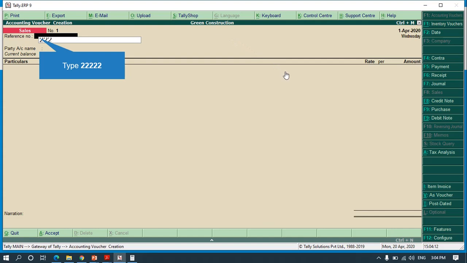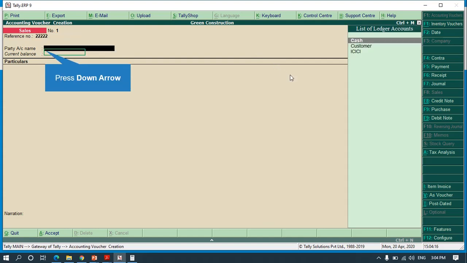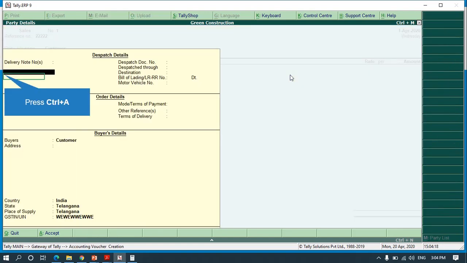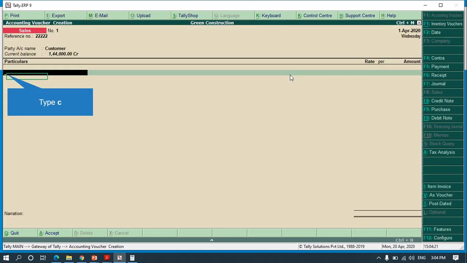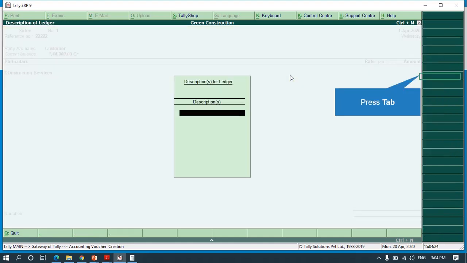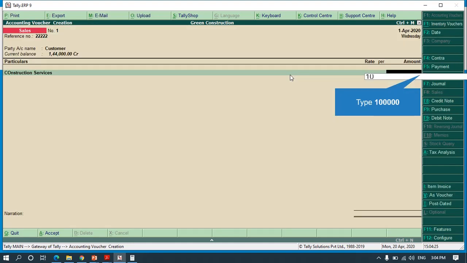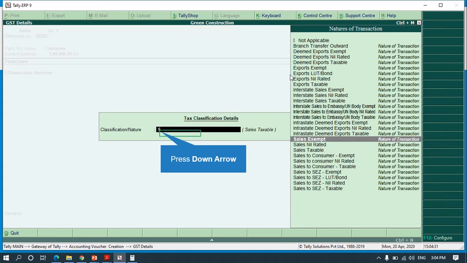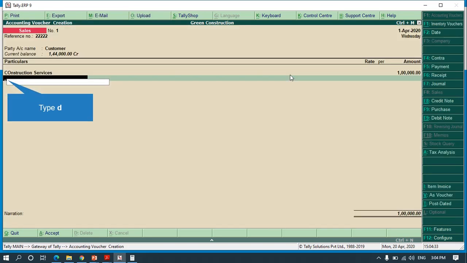Let me give one invoice number. We are doing it for our customer. And what is it that we are providing? We are providing construction service, and it is for 1 lakh. It is sales taxable.